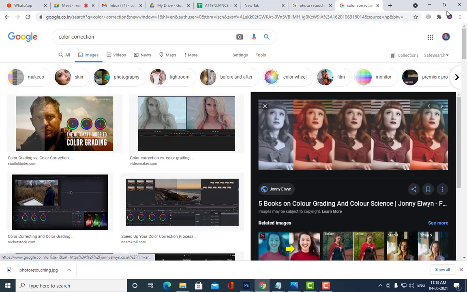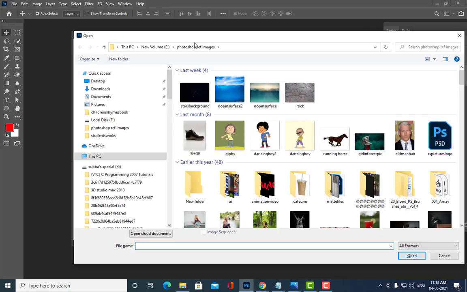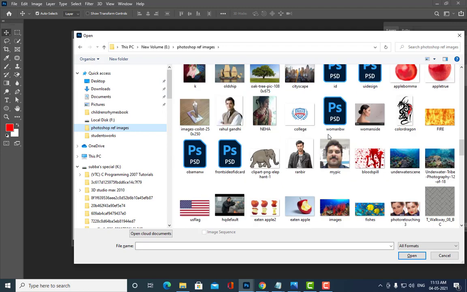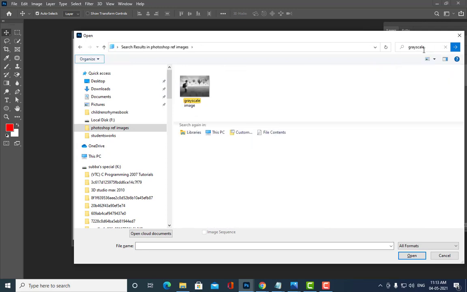So now we are going to do one example in color correction. Let me find an image. So let me select this.